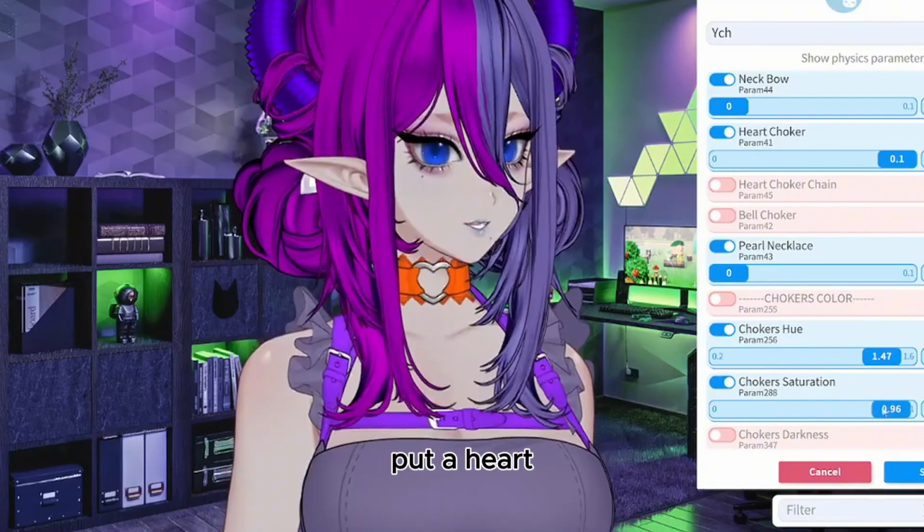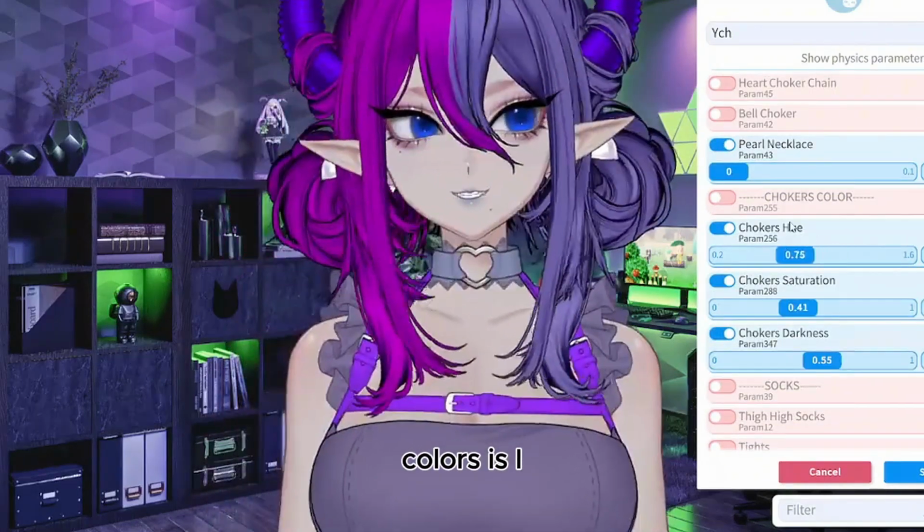I want to put a heart choker on this. Playing around with colors is, I think,